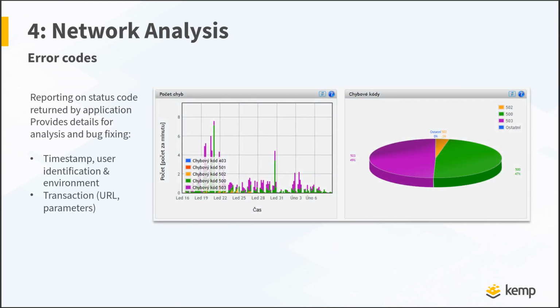What's also useful to mention is that with this network analysis approach and application performance monitoring, you could also provide a detailed report with error codes. So what kind of error codes, how many times they occurred, which part of the application it was. So all together, this provided a really detailed report to the customer, who can then come to the third-party